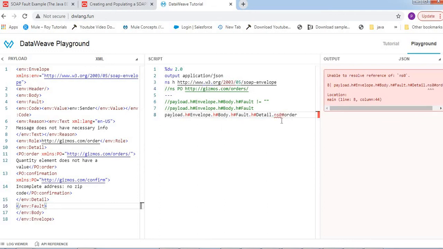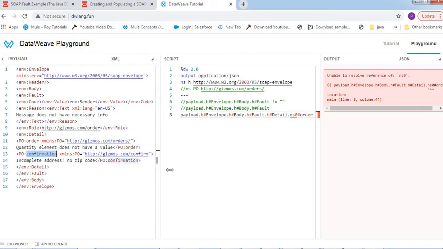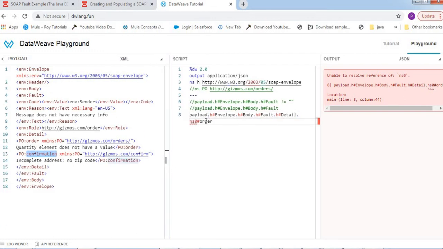See, let me give it like this: ns0 order. Here we have a separate namespace, a separate URL, for this order details. So if I try to access this order details with the ns namespace, I can't access it.